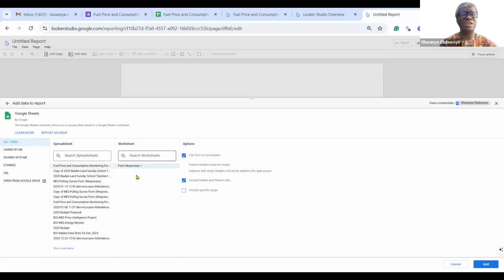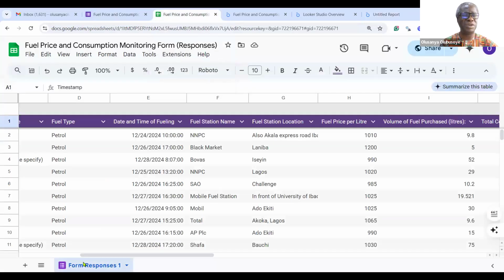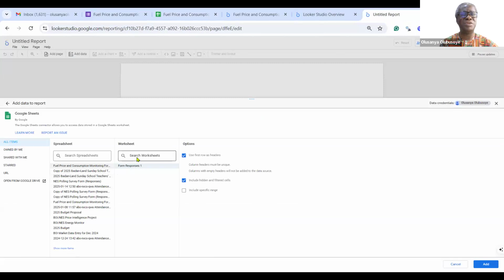So I have the worksheet. There might be multiple worksheets, as you know, but in our own case, we have only one sheet. It's possible to have multiple sheets in the Google Sheet, so when you are here, you need to select which sheet you want to work with.